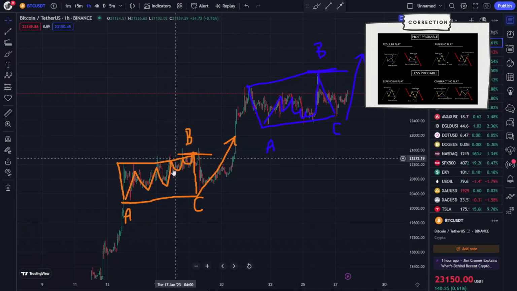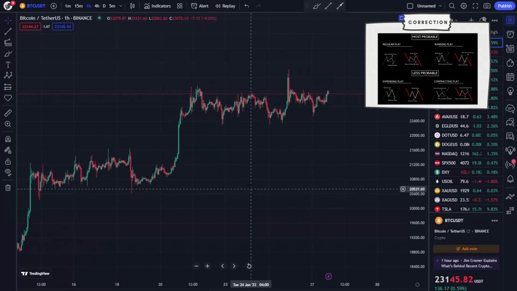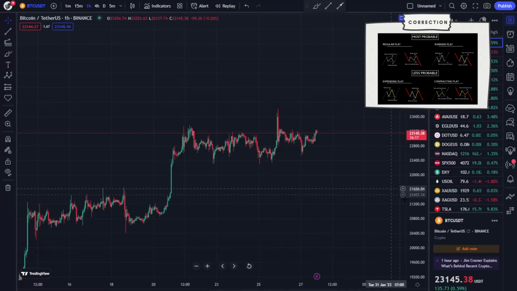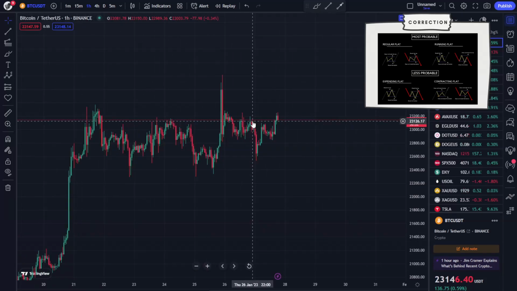This has a lot of probability to happen, but there's also other scenarios that could happen. So we've seen this right there. It happened once, so it can do it twice, but the thing with all that is that you gotta be careful if you take the setup. So for example, if you're in from that point or that point, the latest setup was this one. If you're in from that point, you need to protect yourself and put yourself on break even for two reasons, in my opinion. That's how I would do it, simply because, and let me go on a smaller time frame